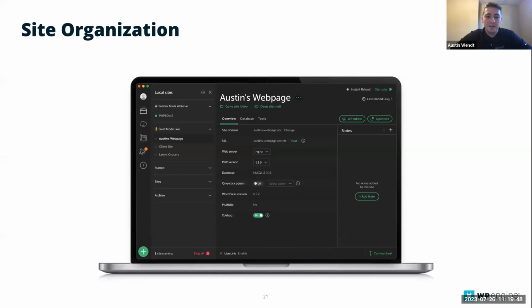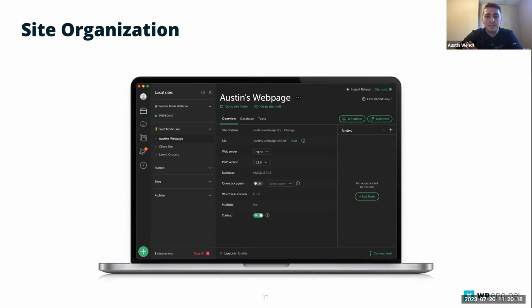So we added the ability to create custom groups and to group your sites to make that super easy, both for just keeping your workspace clean, but also that screen sharing component has been a key feature for people that we've heard of. So you can see in the screenshot, I have a Builder Tools webinar with my PHP 8.2 site up there. I also have a Build Mode Live, which is a weekly session that the WP Engine DevRel team runs. So it just enables me to keep that workspace really clean,